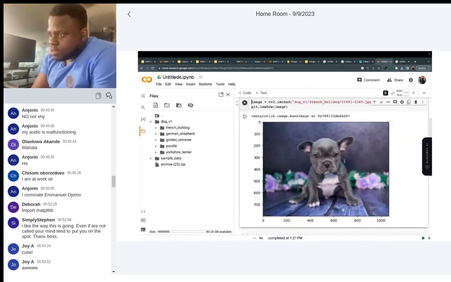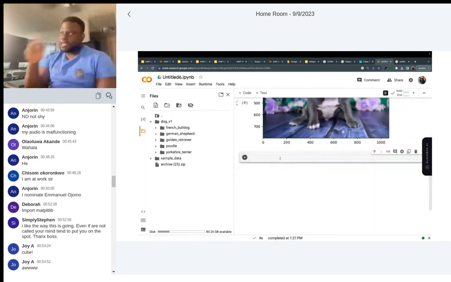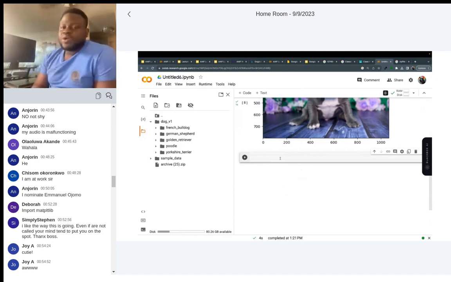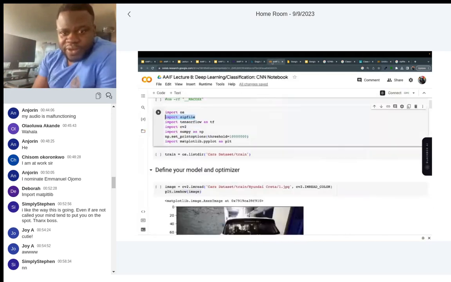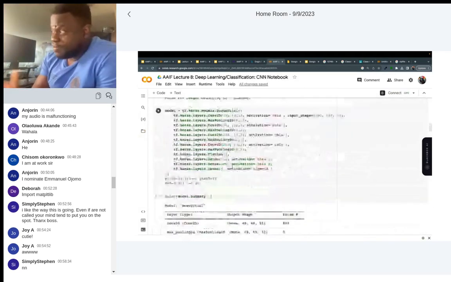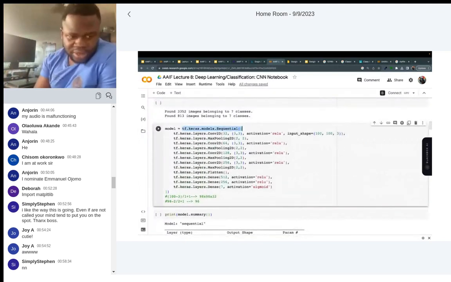We're going to create a model. What type of model? We're going to create a sequential model. If you come to the notebook before, it is what? So she wants to create the model first. We're going to create a what? A sequential model. So let's come here and take this model.